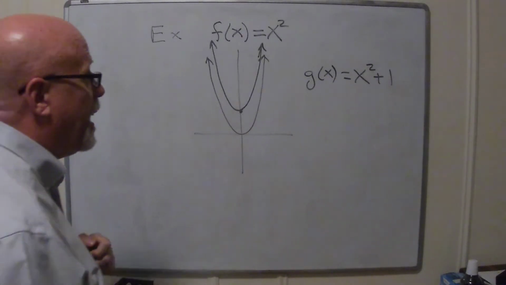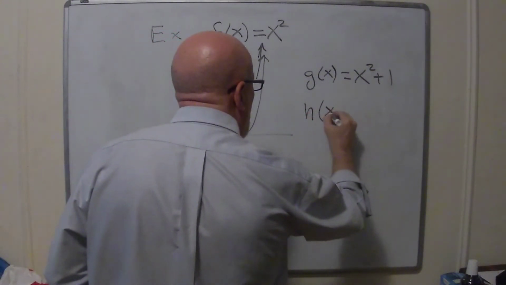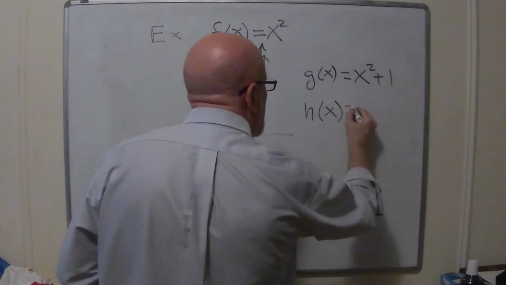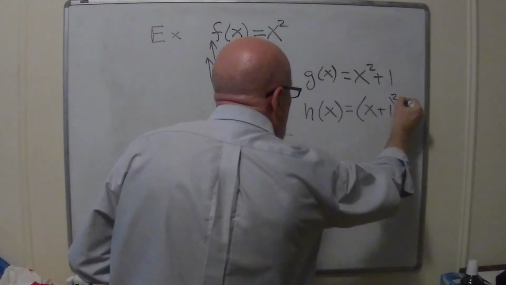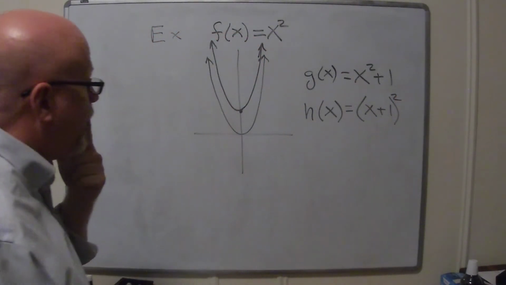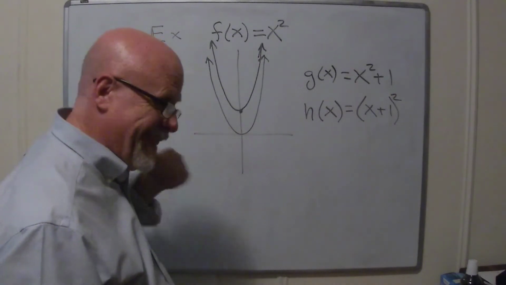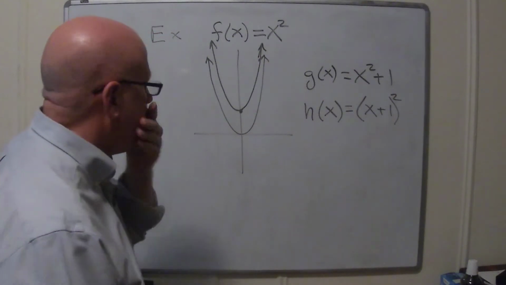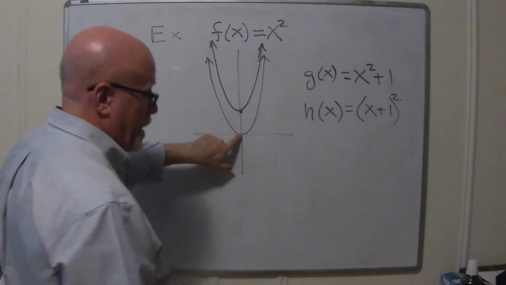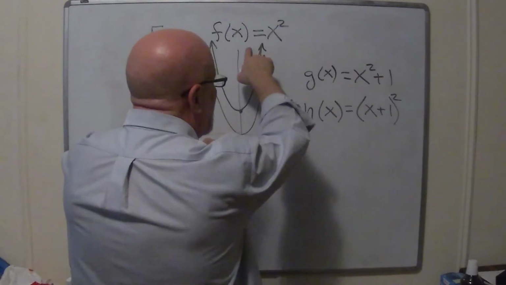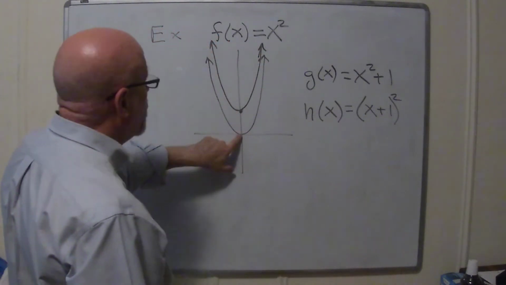But if you did that, adding 1 on the inside, we'll call a new name h of x. It would be x plus 1 squared. That actually, you would think, okay, it's a plus 1, that means it's going to move to the right, but it doesn't, it moves to the left. How to think about that? What you plot at 0 is what our original f would have plotted at 1. Right? The input has been changed by adding 1 to it.